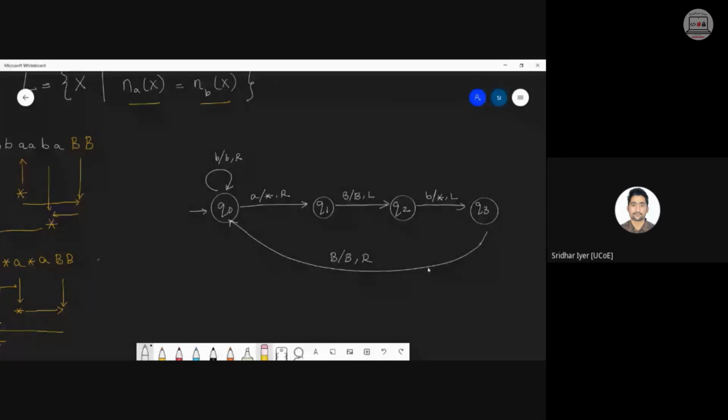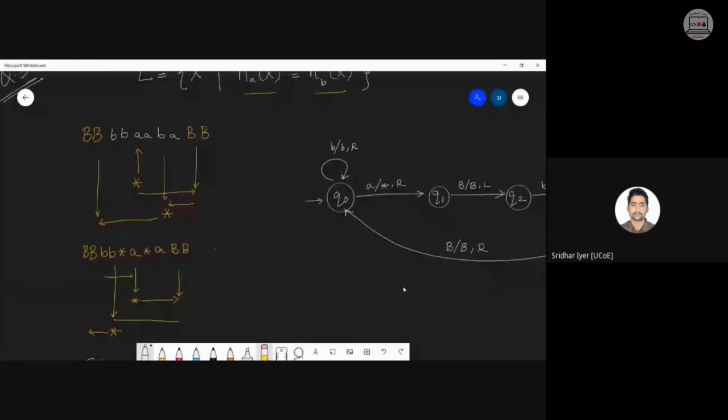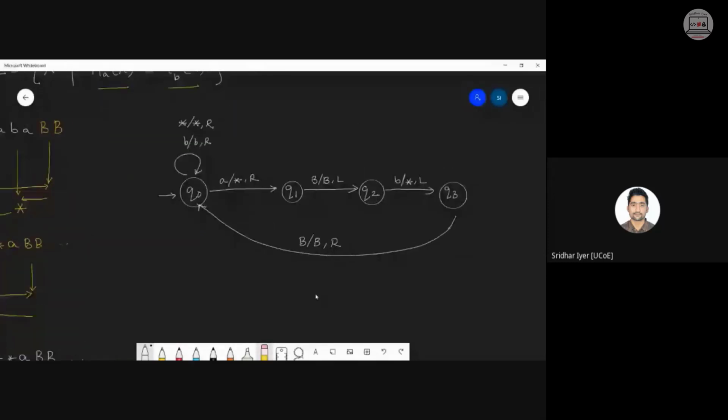Okay, this entire process will go on. While coming to the right, now what will happen? As you can see, while coming to the right, you might encounter this star on the way. So simply bypass that star because we want an A over there, right? Am I correct? So while coming to the right, bypass everything except A. When A is found, convert A into star, keep moving to the right.